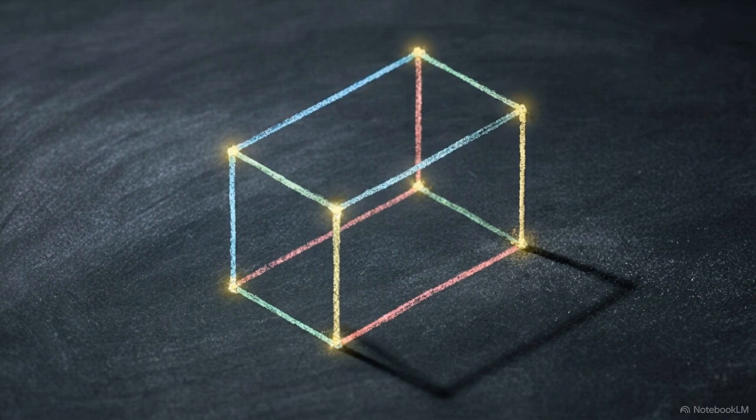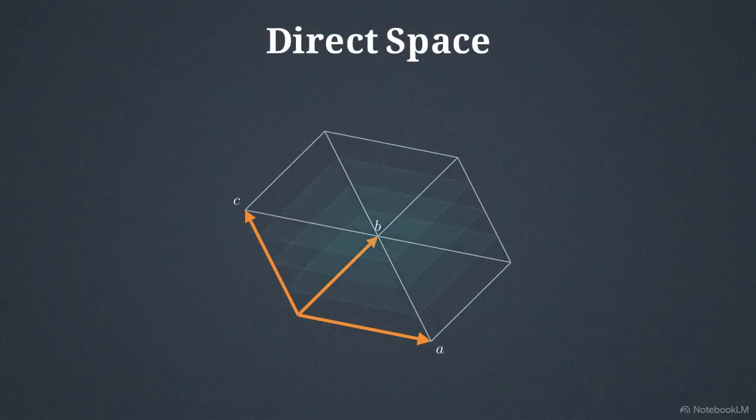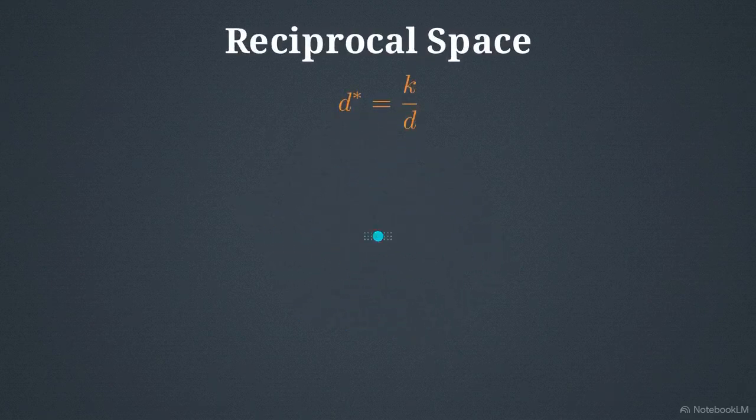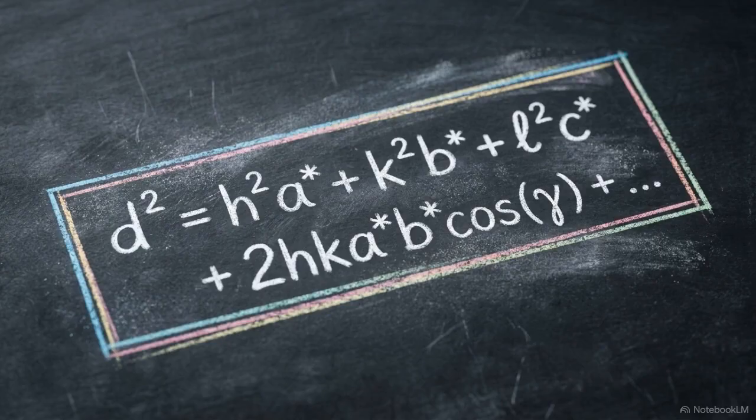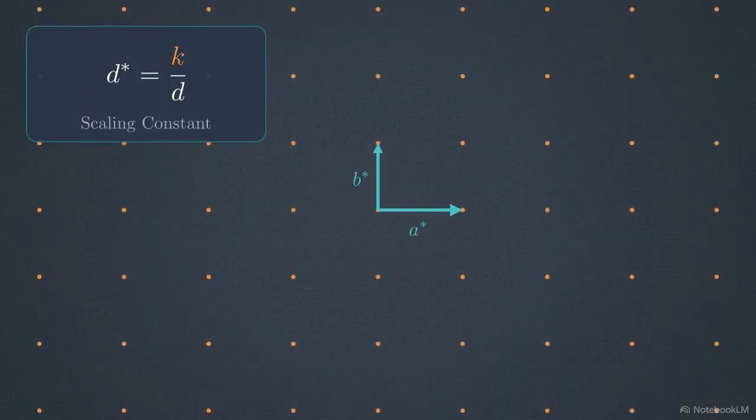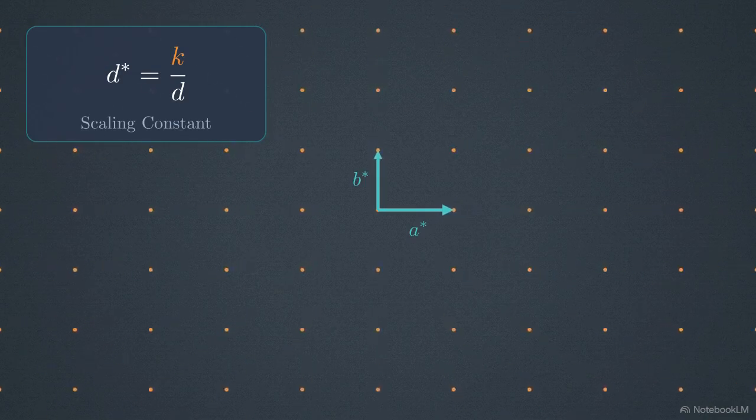Unit cells are chosen strictly to lock in structural symmetry, providing a highly rigid vector framework in direct space for our analysis. By taking that framework and mapping it inversely, we create a mathematical dimension where complex physical diffraction effects simplify into basic geometry. This inversion yields equation 2.16, the ultimate crystallographic tool for calculating interplanar spacing, regardless of the original crystal system. The final geometric size of this reciprocal unit cell is scaled by the constant k, which can